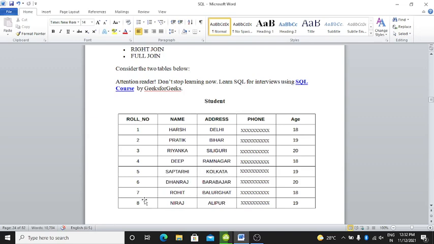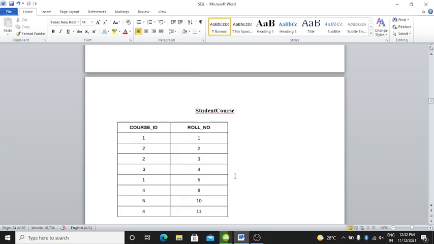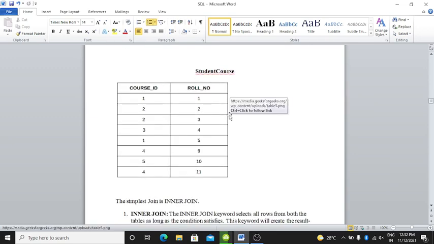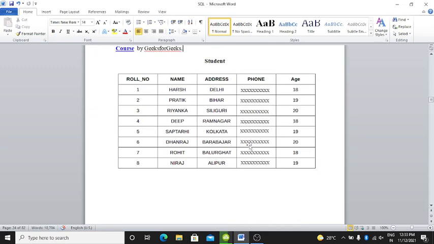Here the student table is there. There are 8 roll numbers, their names, address, phone and ages. In the second table there is StudentCourse, with course ID and roll number. In the student table, the roll numbers are there.